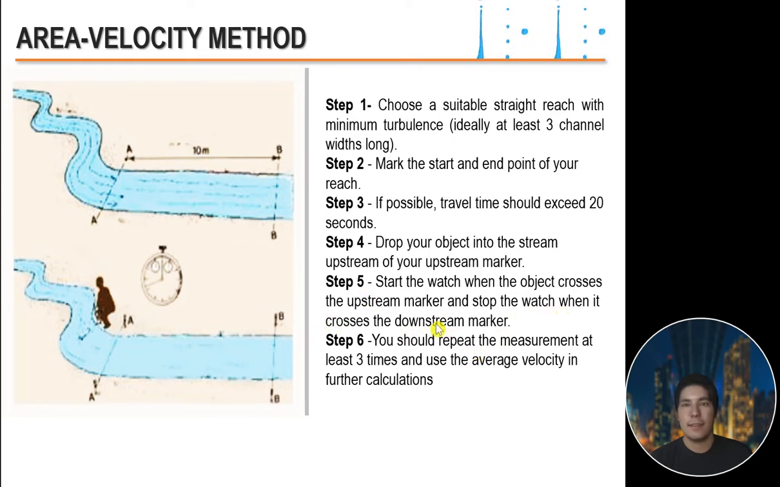No? So bali, kinukuha natin yung travel time ng float object natin dito. Step 6 is you should repeat the measurement at least 3 times and use the average velocity in the further calculations. Okay, so